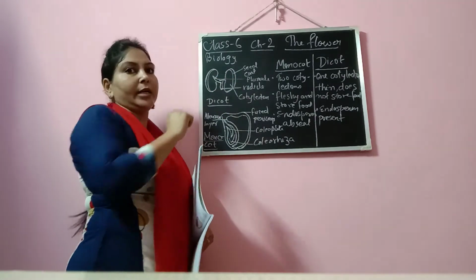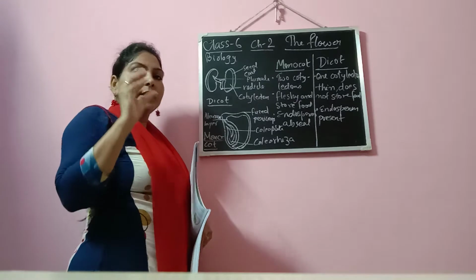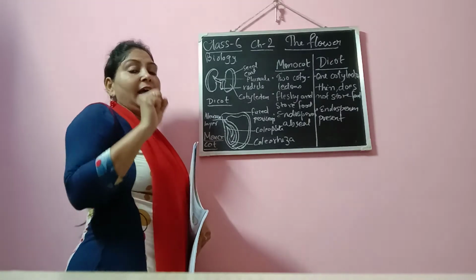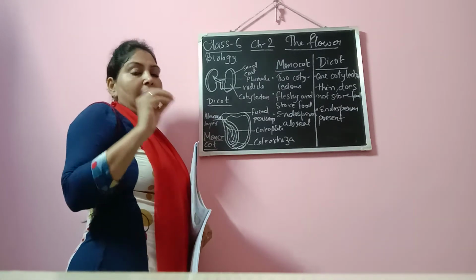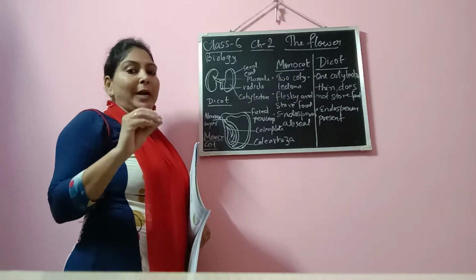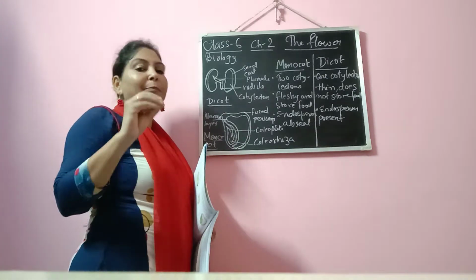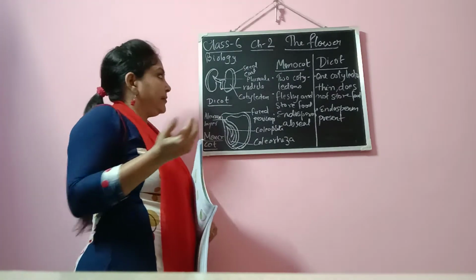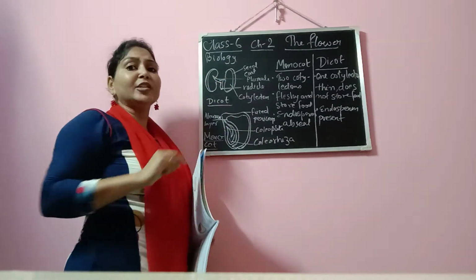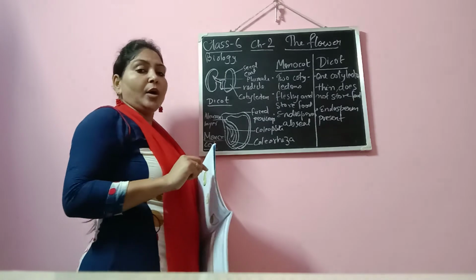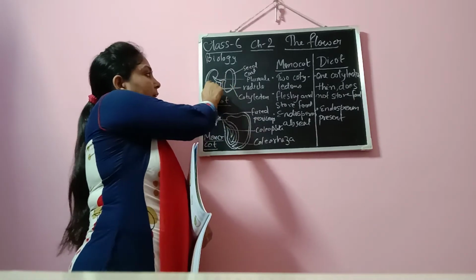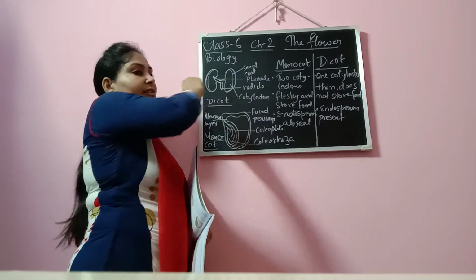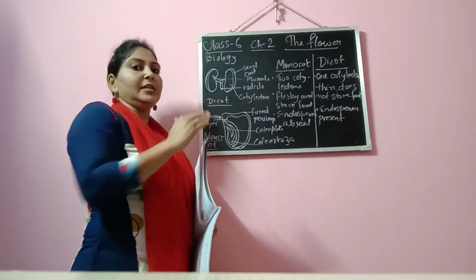This is called the cotyledon. What is cotyledon? Cotyledon is the fleshy part, okay, which stores the food, and this food is used by the seeds or the baby plant for their germination, for their growth. Fine. So in case of dicot, how many cotyledons are there? There are two cotyledons. This is one cotyledon, another one is just the side one.